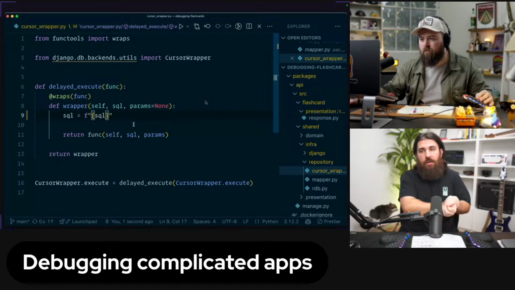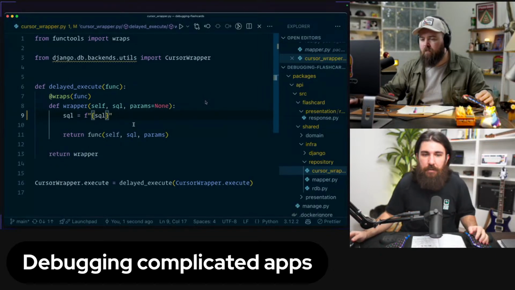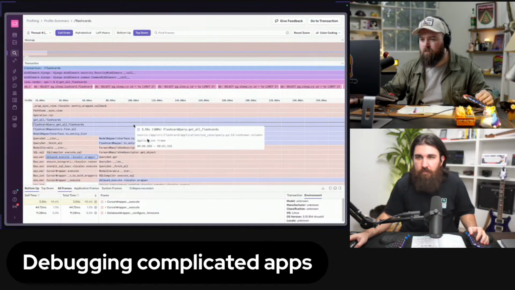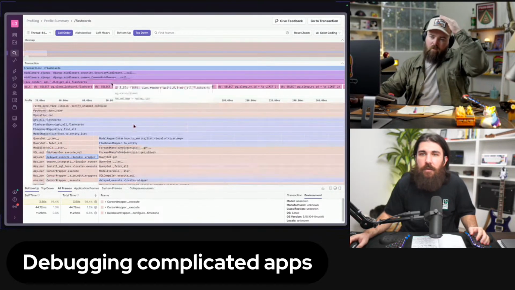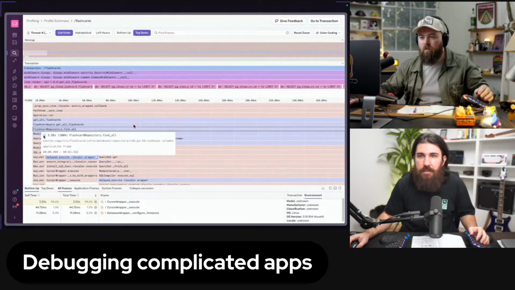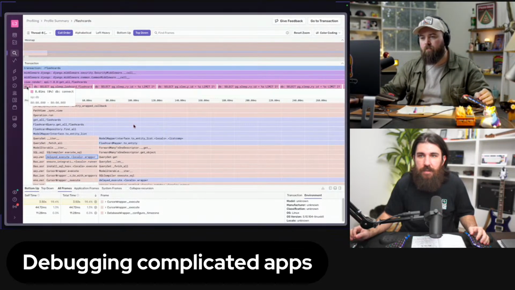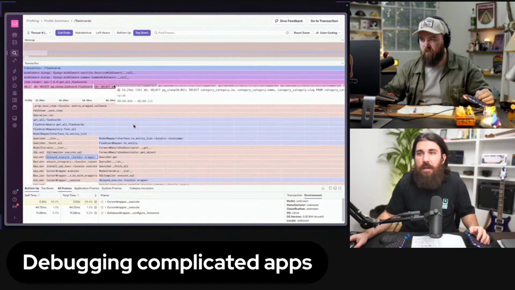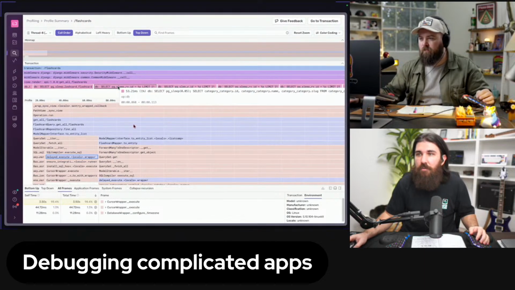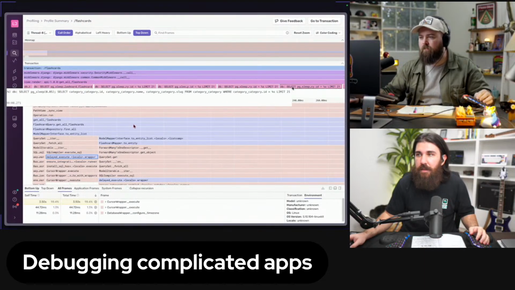And then when we saw this thing right here, let's go back to Sentry. Above is the transaction and below is the profile. So first we see a DB connect, right? X-axis is the time. So we first connected to the database, then we did get all the flashcards, select flashcards, and that was the flashcards object all. And then we have a repeated select category, select category, select category, right?